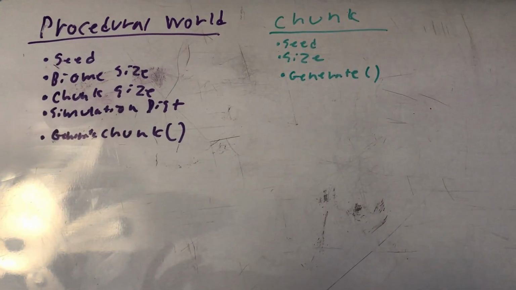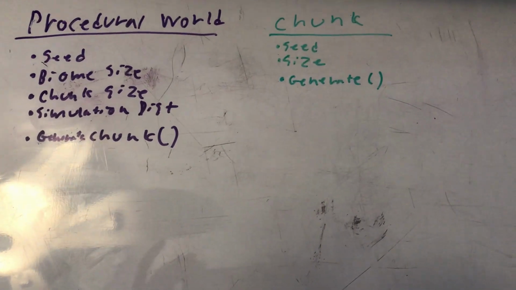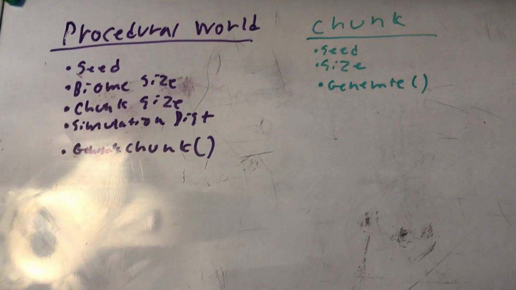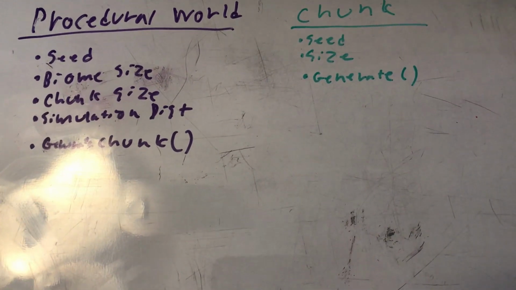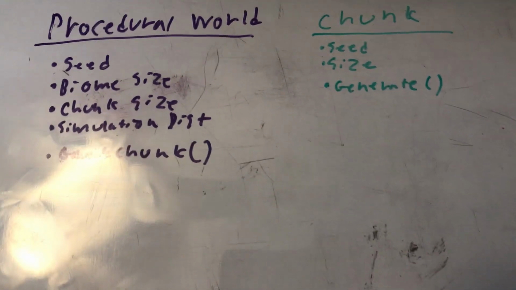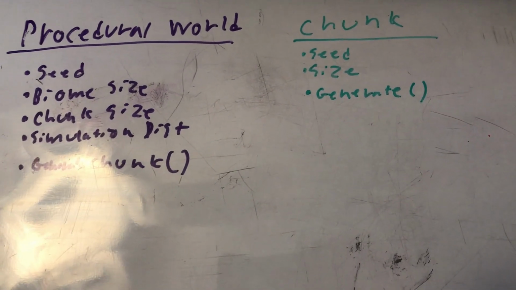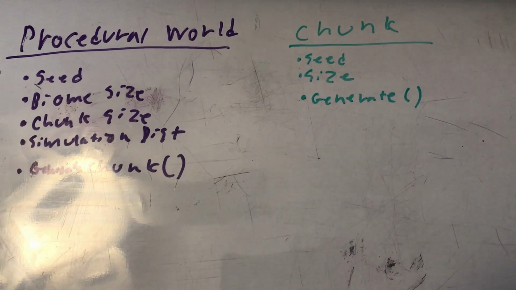So I'm working on procedural terrain right now, and I'm kind of shocked that this is it. I mean, I need a procedural world that stores seeds and biome sizes and chunk sizes, and can generate a chunk. And I need a chunk that can generate a chunk, and that's it. I'm going to need something to convert it into a mesh and all that, but I think that's all going to